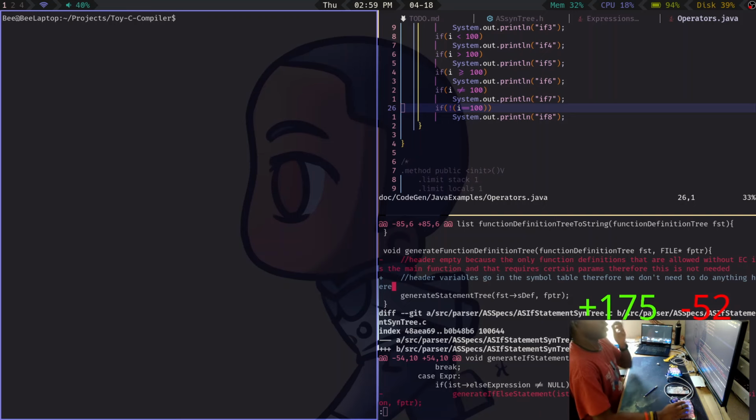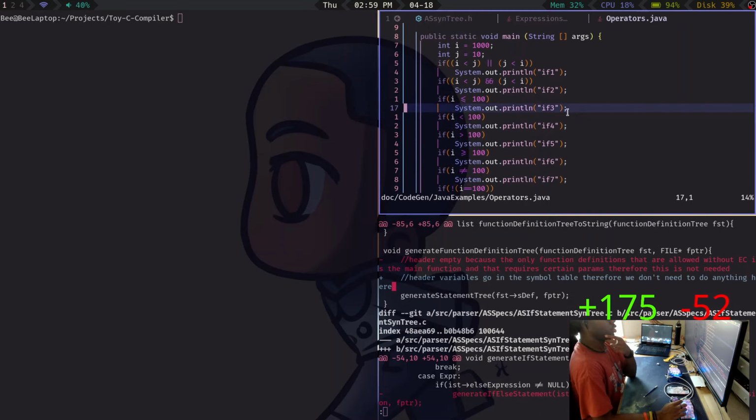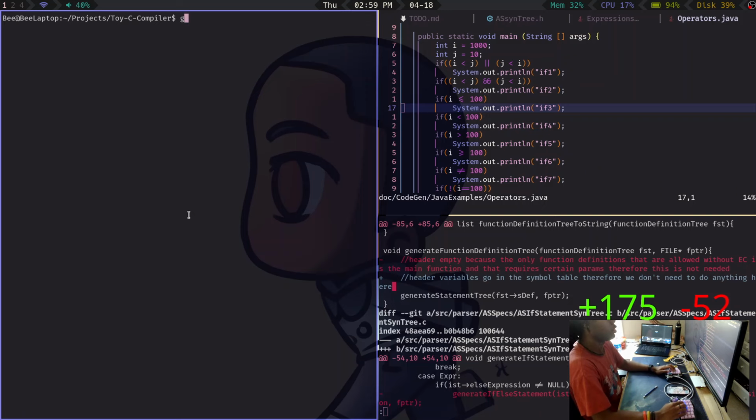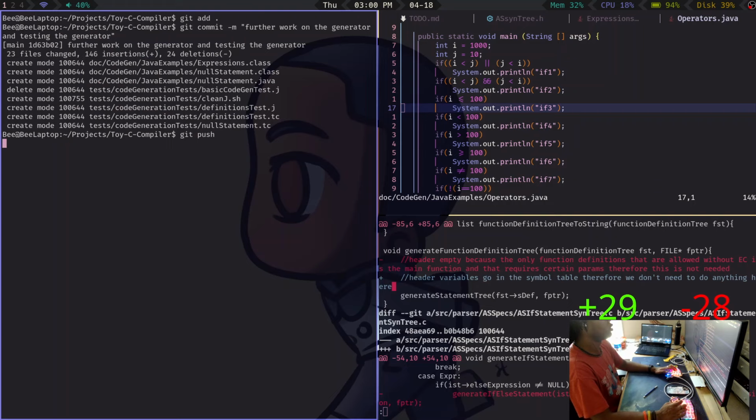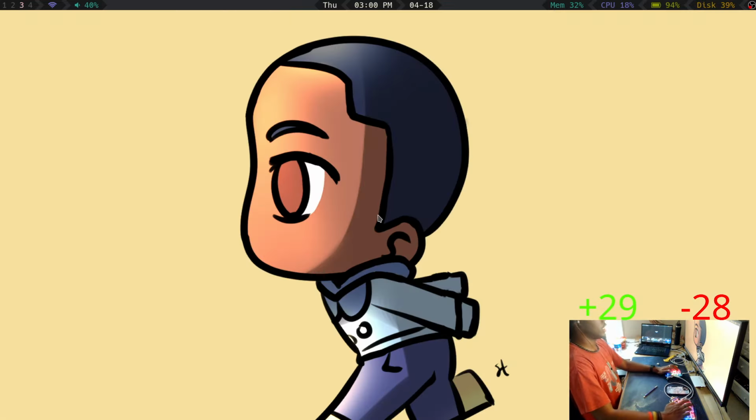But yeah, I do need to figure out a way to interact between the expressions and the things that call the expression, because it's important in this. It's not the person where you can just keep going through. Further work on... Alright. This is a good day though, if I don't say so myself.